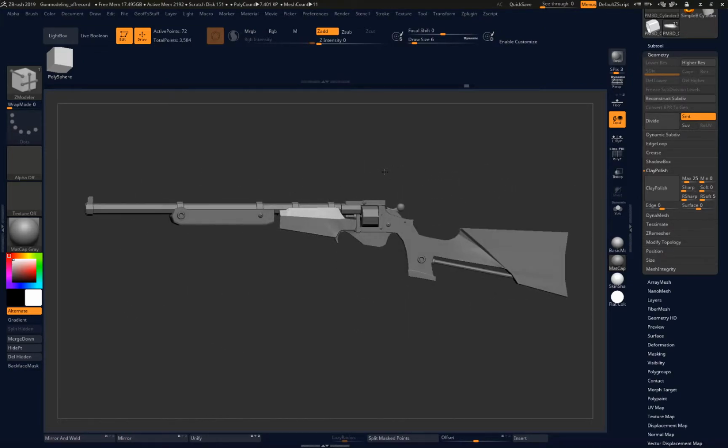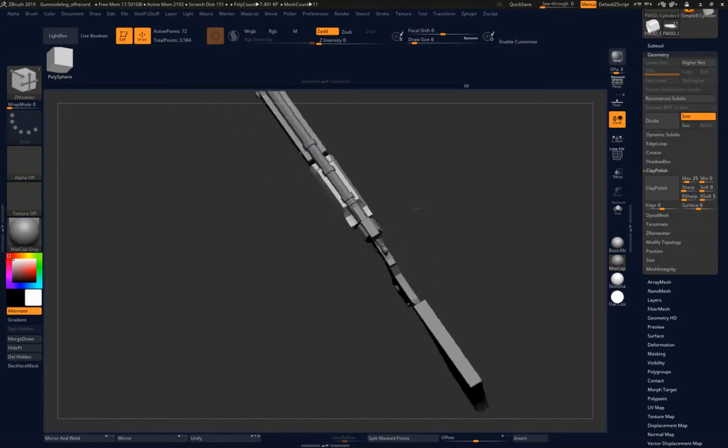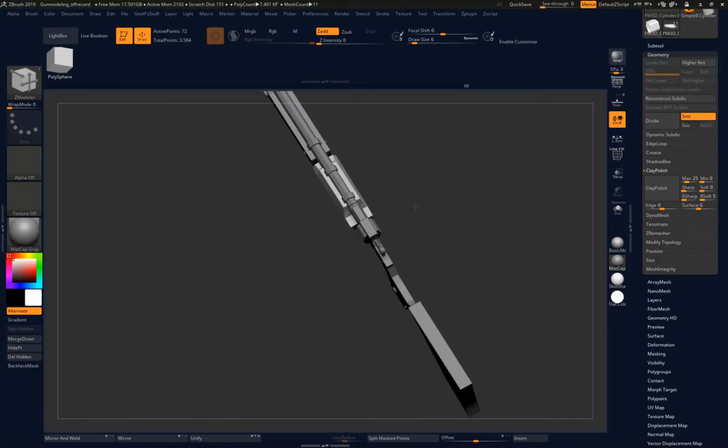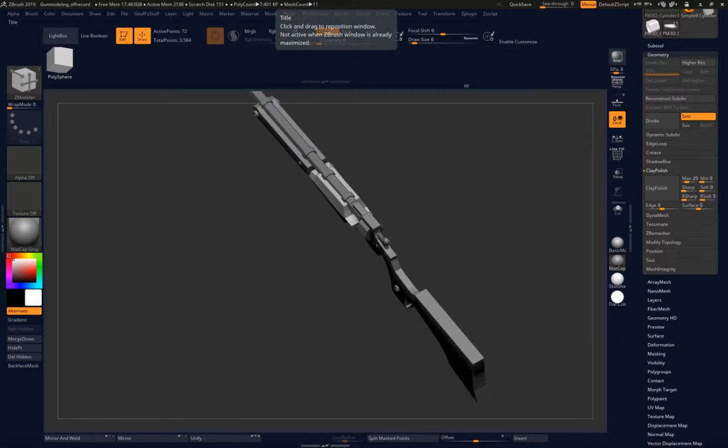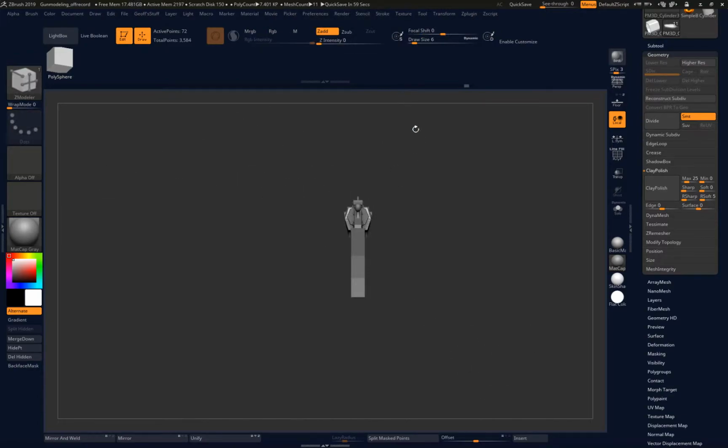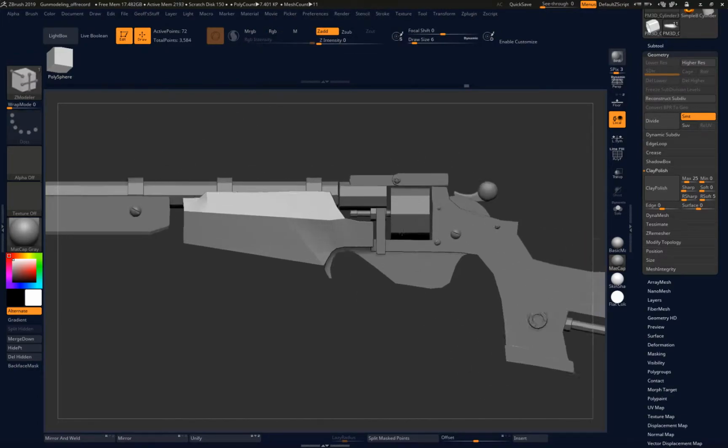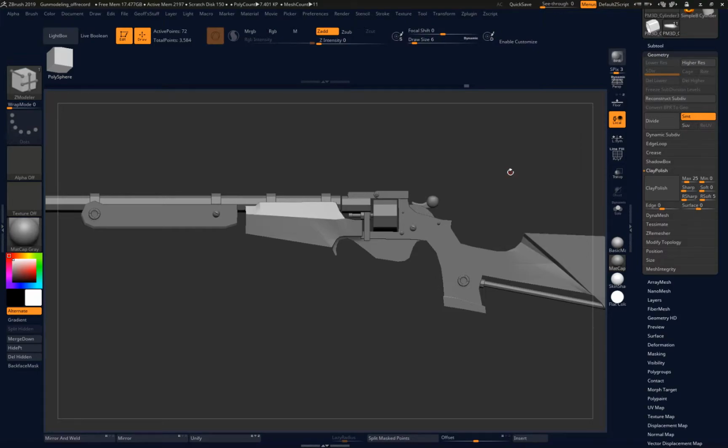It's all pretty much poly tools. Some things I'm crazy about, some things I'm not. It's okay, it's the blocked in version. Okay,